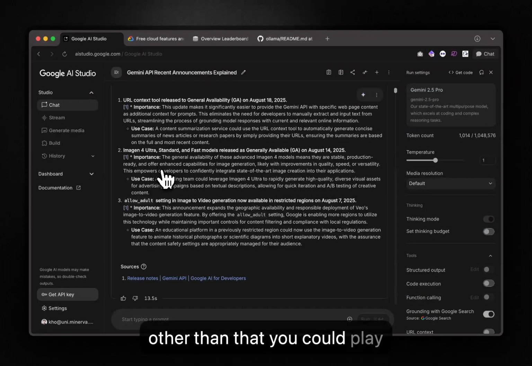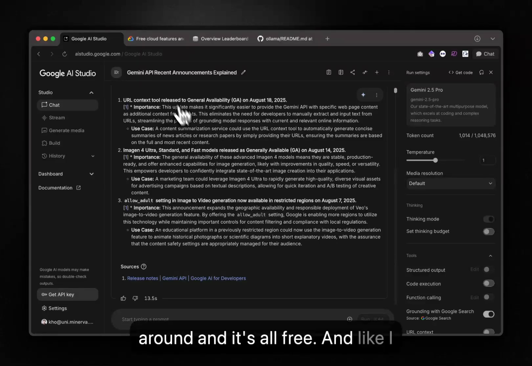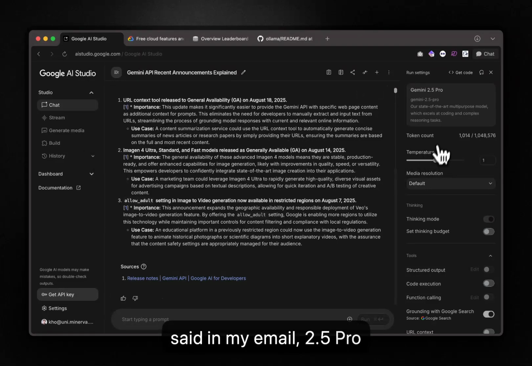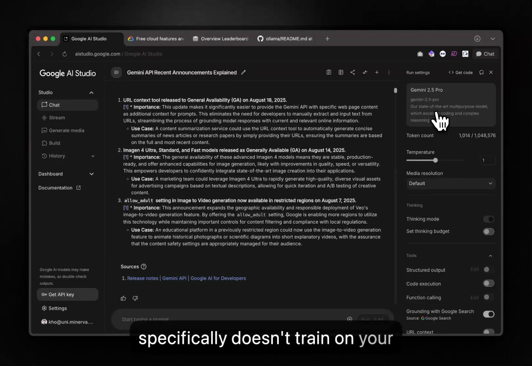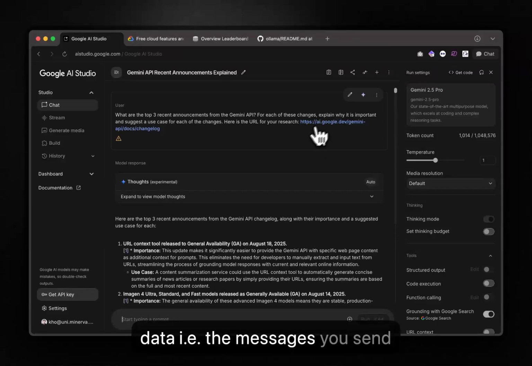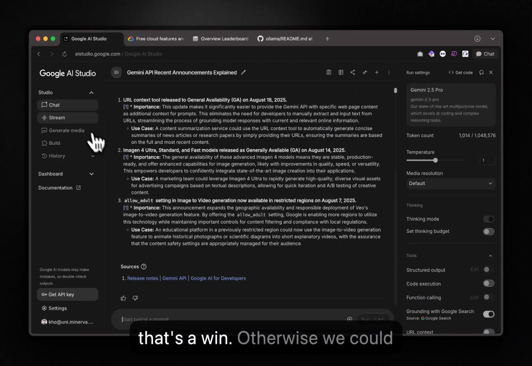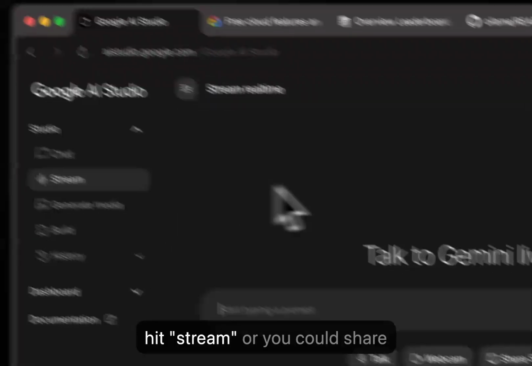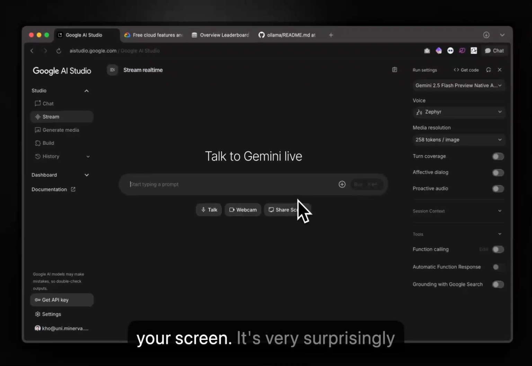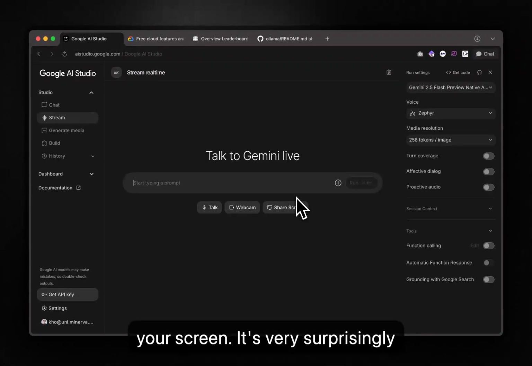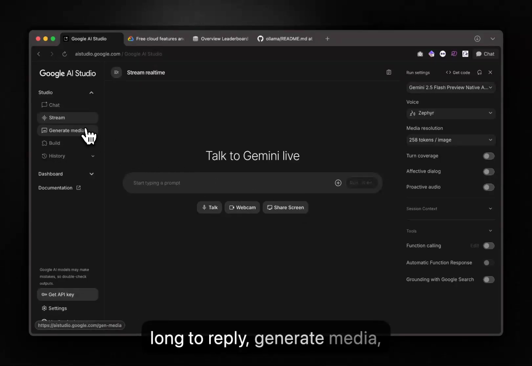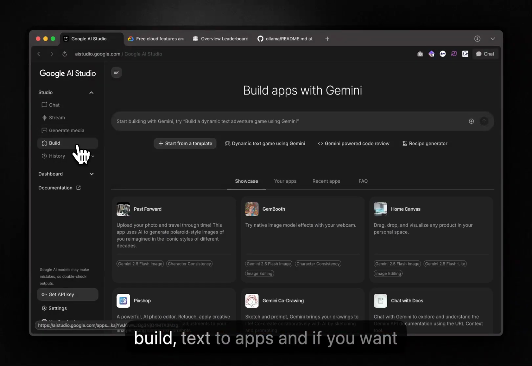But other than that, you could play around and it's all free. And like I said in my email, 2.5 Pro specifically doesn't train on your data, i.e. the messages you send here. So if you care about that, that's a win. Otherwise, we could hit stream, where you could share your screen. It's very surprisingly good because it doesn't take as long to reply, generate media, build text to apps, and